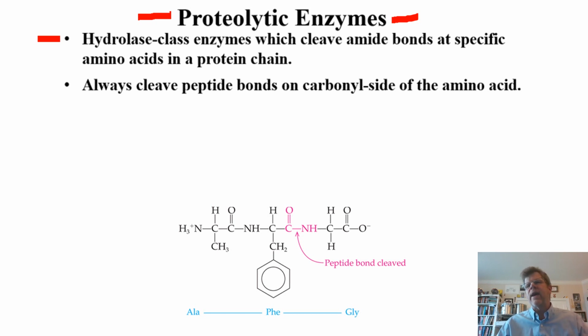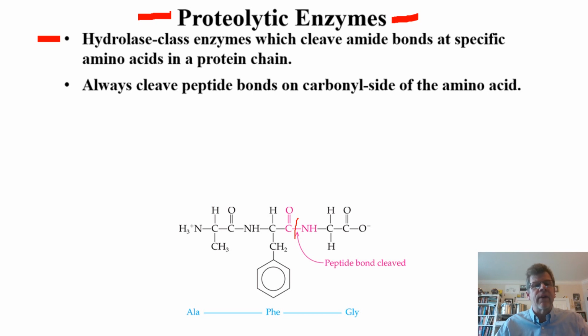Now notice, what if we had a proteolytic enzyme which specifically cleaved at phenylalanine on the bottom? If you'll notice, if you look to the right and to the left of that phenylalanine side chain, it actually has two amide bonds associated with it. Here's the phenylalanine side chain right here. If you look to the left, there's an amide bond, and if you look to the right, there's an amide bond as well. So what proteolytic enzymes do is they hydrolyze